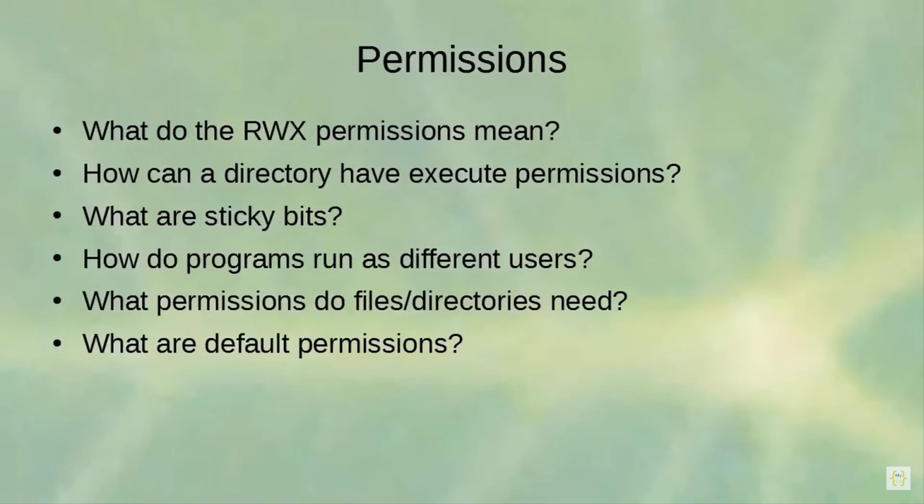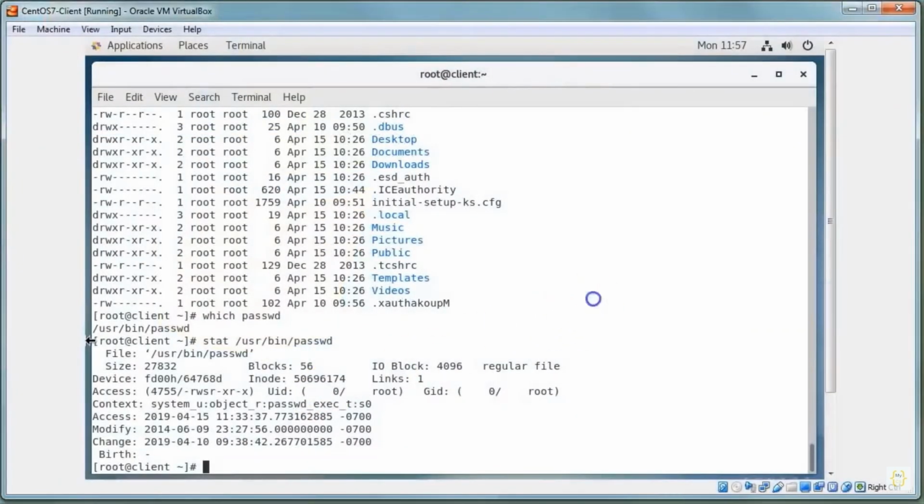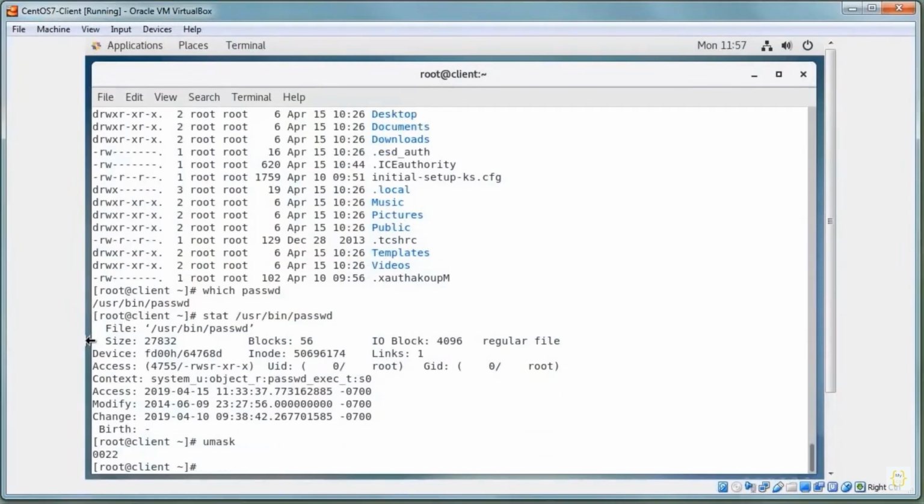So let's go ahead and take a look at that. Jump in here and type in umask. You can see my umask for the root user is 0022. What does that mean? Well, if it's a directory, it normally starts with 777, or you assume 0777, and you subtract the umask. So from 0777, you're taking 022 off of that,